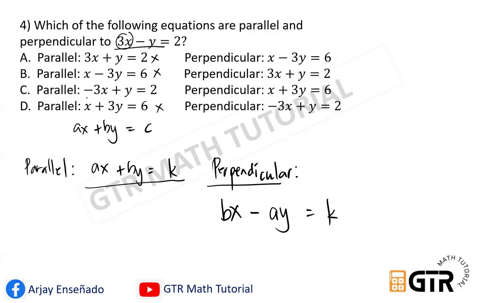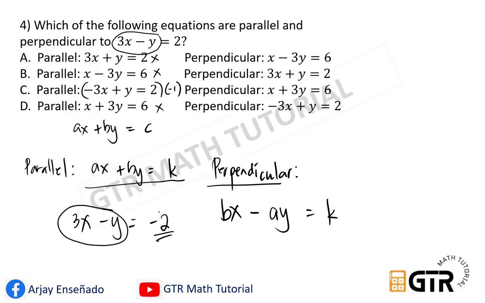Because we have 3x and negative 3x, we can multiply these both sides by negative 1. So this negative will become positive, so 3x. Y times negative 1, we have negative y equals 2 times negative 1, we have negative 2. So therefore, it satisfies the condition. So we have 3x minus y and then 3x minus y equals any number. Okay? So the correct answer is letter C.